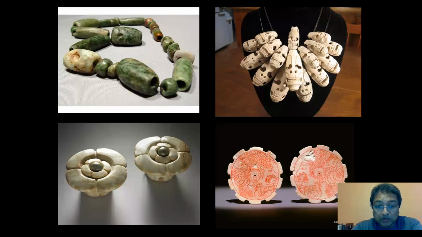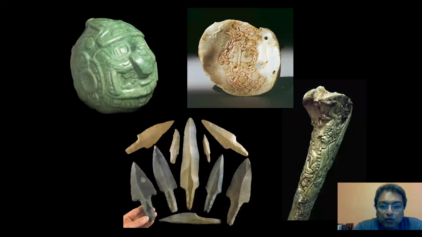This here is jewelry made with jade, or jadeites, really, different greenstones. Here are shells that they're using for little ornamental pieces that you could either string on as necklaces or use as earrings, but there's a lot of different things that they're doing with a whole host of materials. Just a few more examples.